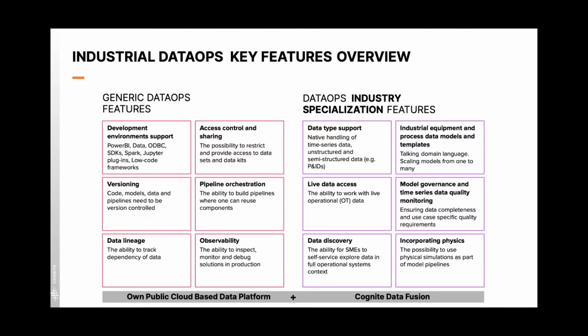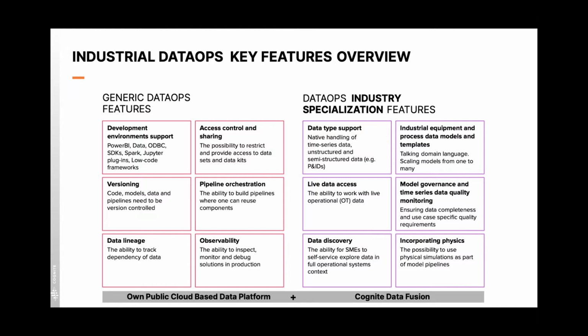Very similar to those who have worked in software development and who are very familiar with GitHub and other DevOps tools, versioning of data or models and data pipelines is very, very essential to DataOps. Orchestrating the pipeline, so pipeline orchestration, data lineage, being able to ensure that the data is what it is and having full transparency along the data lineage trace. And of course, observability. Again, very, very similar concepts as we are accustomed to hearing in the DevOps discussions.